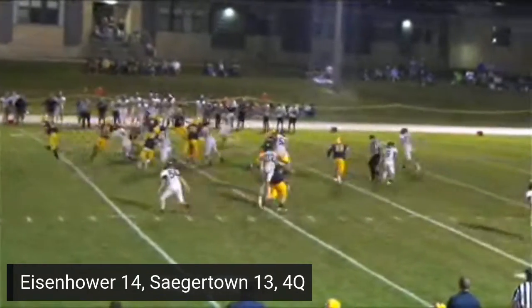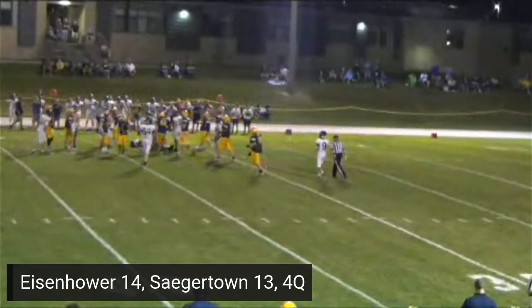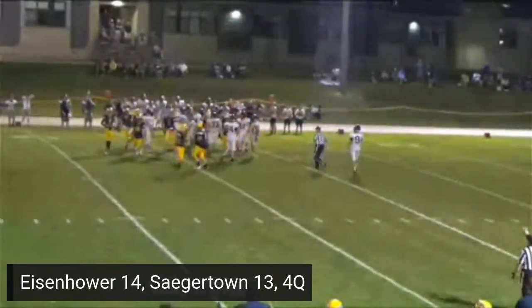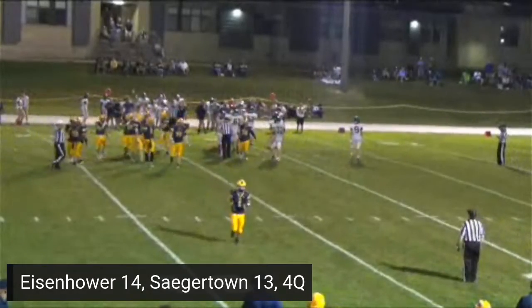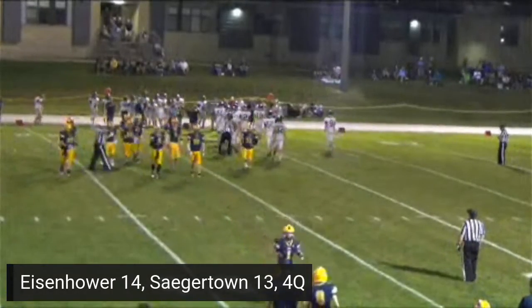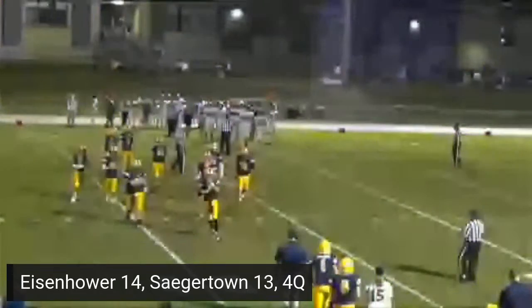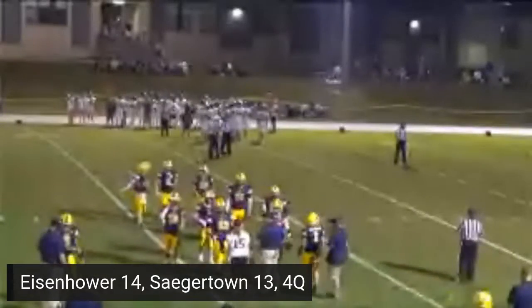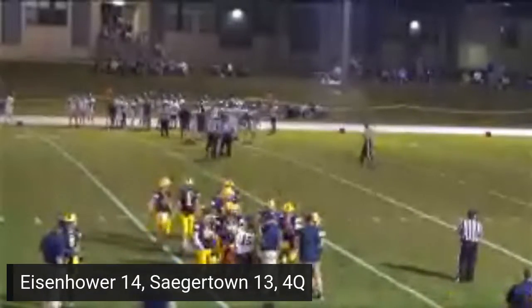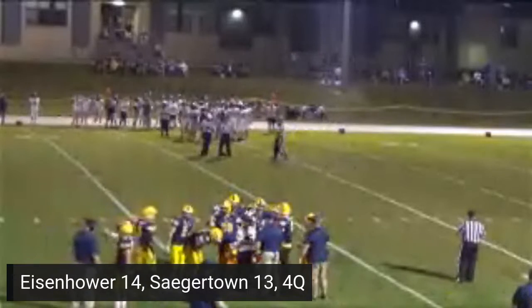And stumbling, but getting to Penley. Penley runs into his own player and then falls forward for about 3 yards. And a bit surprising, I was going to say, there now Saegertown's calling the timeout. A bit surprising they hadn't called it sooner, but 49.1 seconds on the game clock. And Saegertown calls its second timeout of the second half, and it'll be an Eisenhower Luton's Plumbing, Heating, and Air Conditioning third down